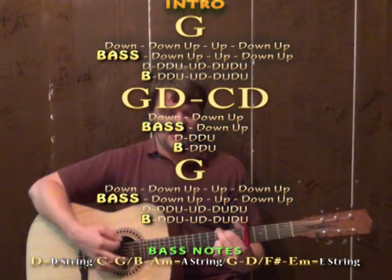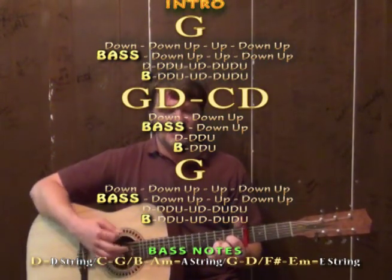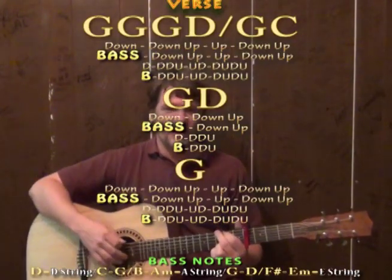So you'd have G with low E bass, down, up, down, G with low E bass, down, D with a D bass, down, C with an A bass, down, D with a D bass, down, G with low E bass, down, up, down, up. So if we try that idea through our verse,